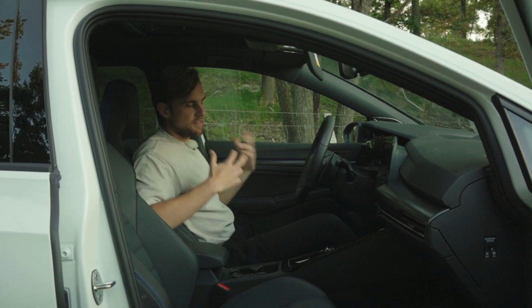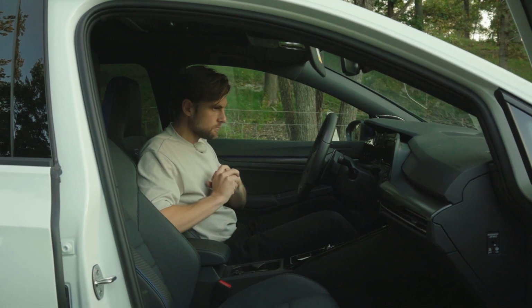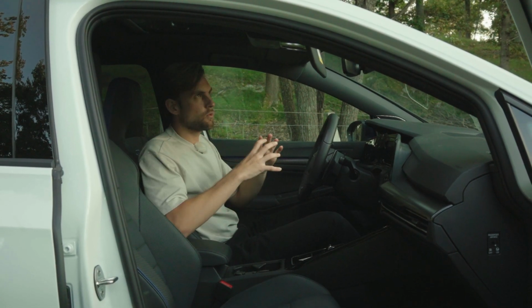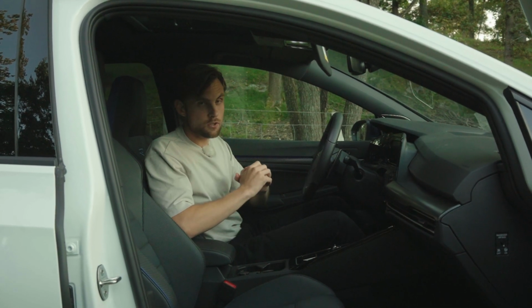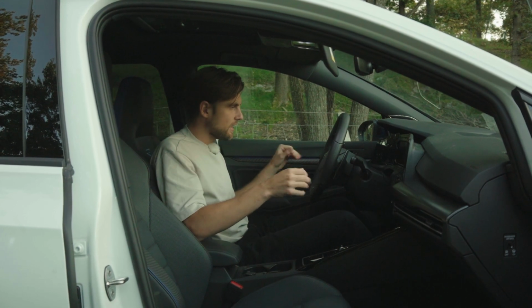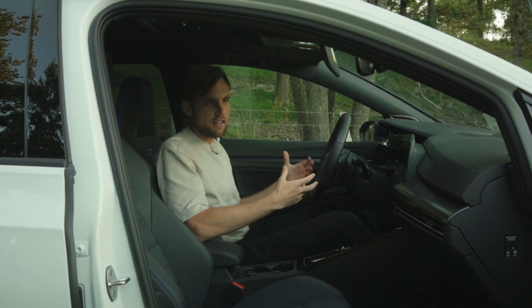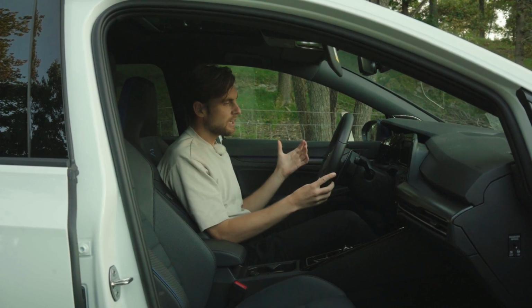In general, the interior of the new Golf Mark 8 looks okay. They have done a lot with light, so right now it's a bit purple and it looks quite decent actually. The Golf R with the 20 years details has really elevated the interior. It feels like you're sitting in something special, but you still have the problem with